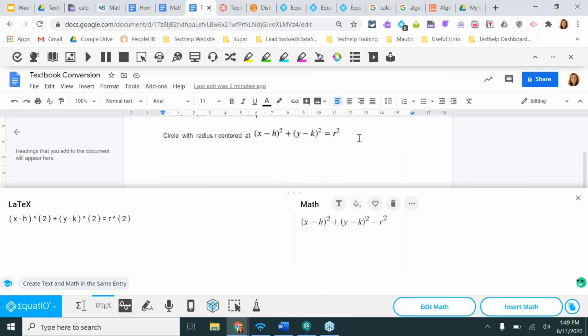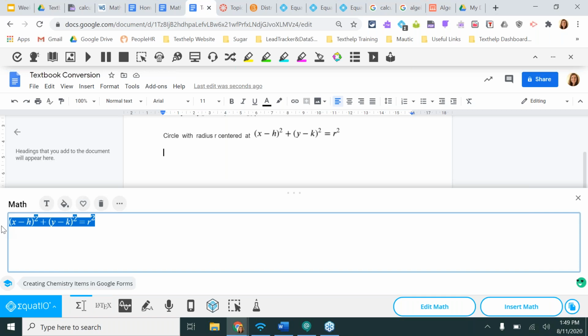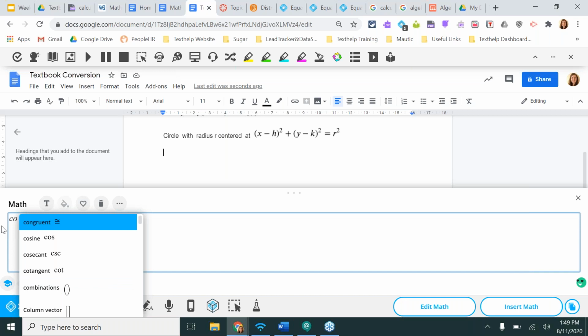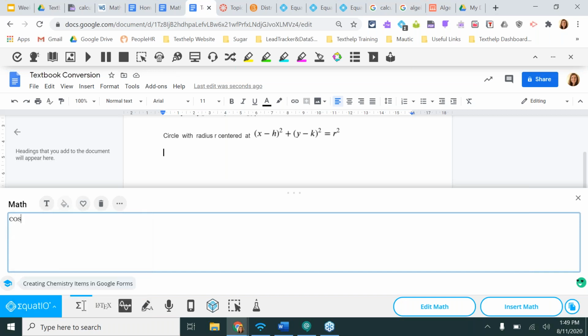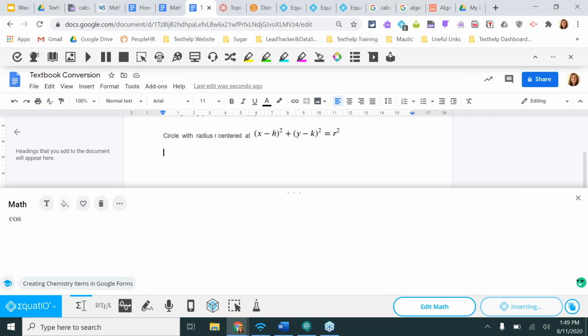I mentioned also the ability to manually type things in. So maybe I want to manually type in an equation that might come in this textbook conversion. Again, I can go back to my math editor and simply type in, as I've done before with the prediction, what I need. So maybe I need a cosine added in, for example. And again, I can then insert the cosine into the math book. So you have that flexibility of what works best for your workflow, but it gives you an avenue to just do it better, faster, quicker than what some of the other tools out on the market can do.